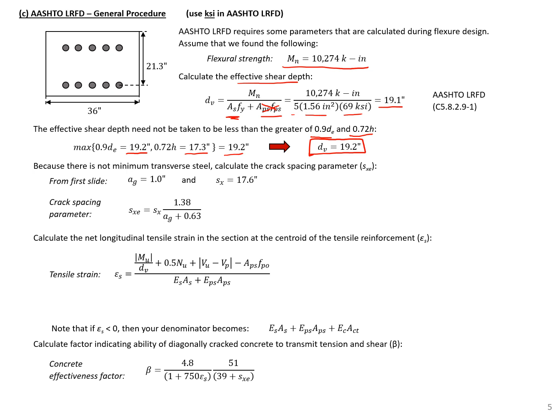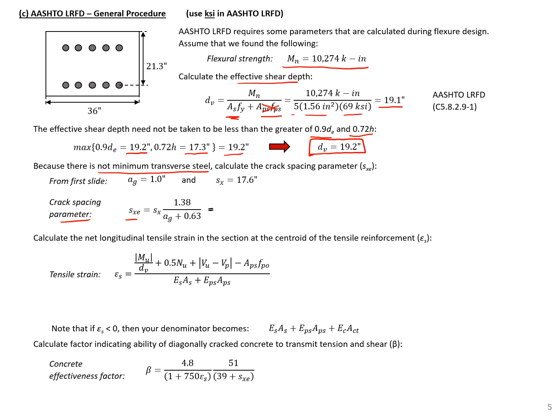Next, we need to find our crack spacing parameter, which is S sub XE. We need to find this because we do not have minimum transverse steel. If we had minimum transverse steel, then we wouldn't need to find this parameter. So we can plug in our values that we found on the first slide, and we'll find that our SX